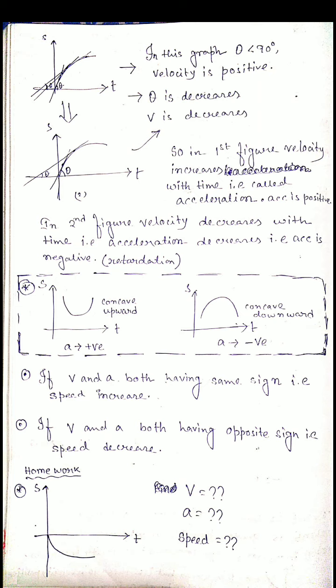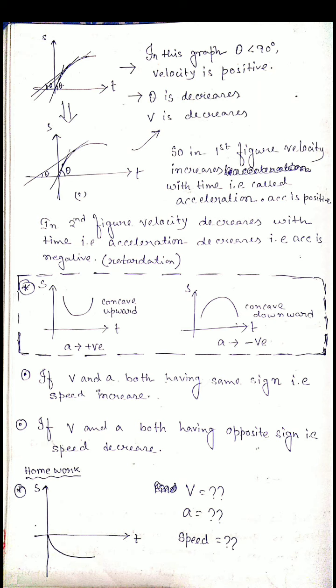So how do you remember when the acceleration is positive or negative? This is a shortcut method, that's why I made a dotted box. If the displacement time graph looks concave upward, like a bowl, acceleration is positive. Why positive? You just make the logic, use the concept of slope increasing and decreasing in your copy, then you can understand why acceleration is positive.